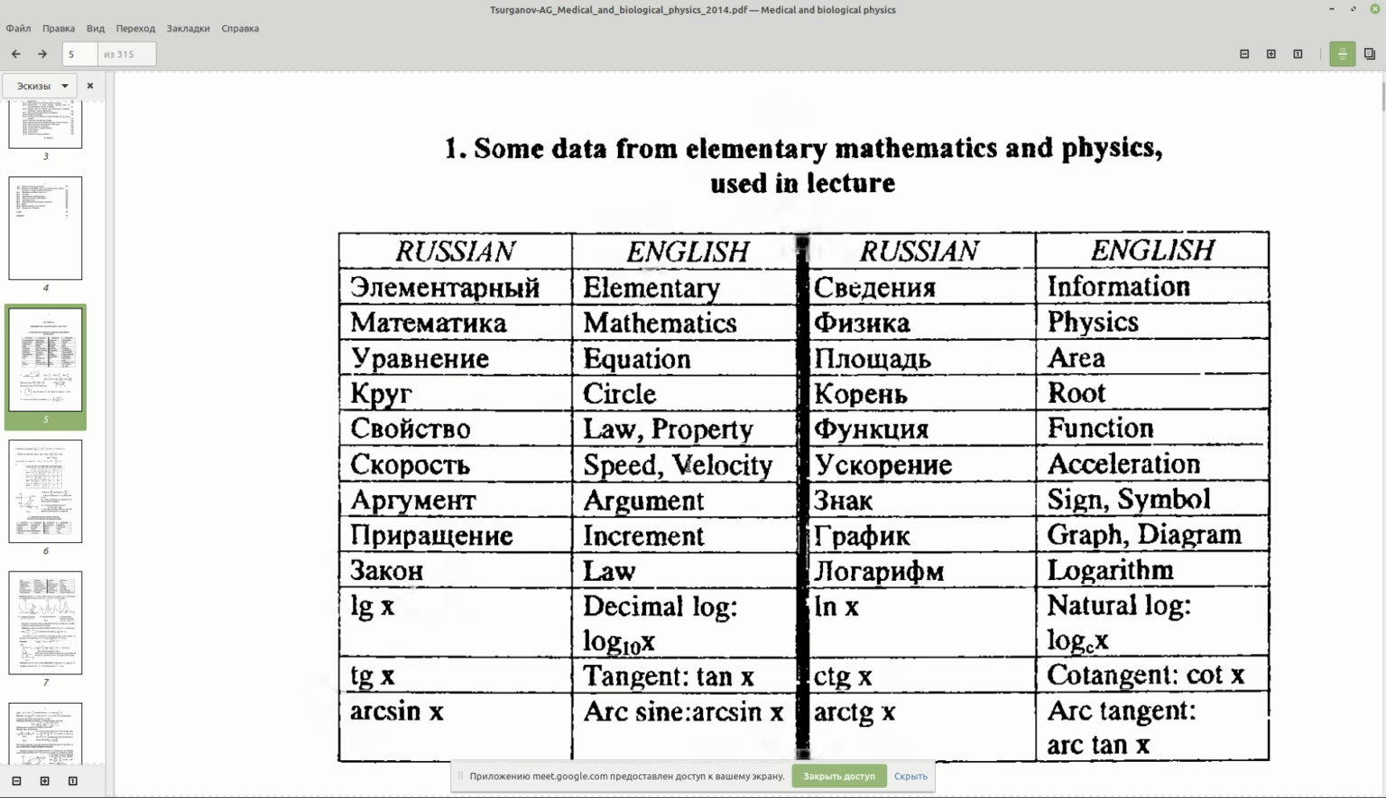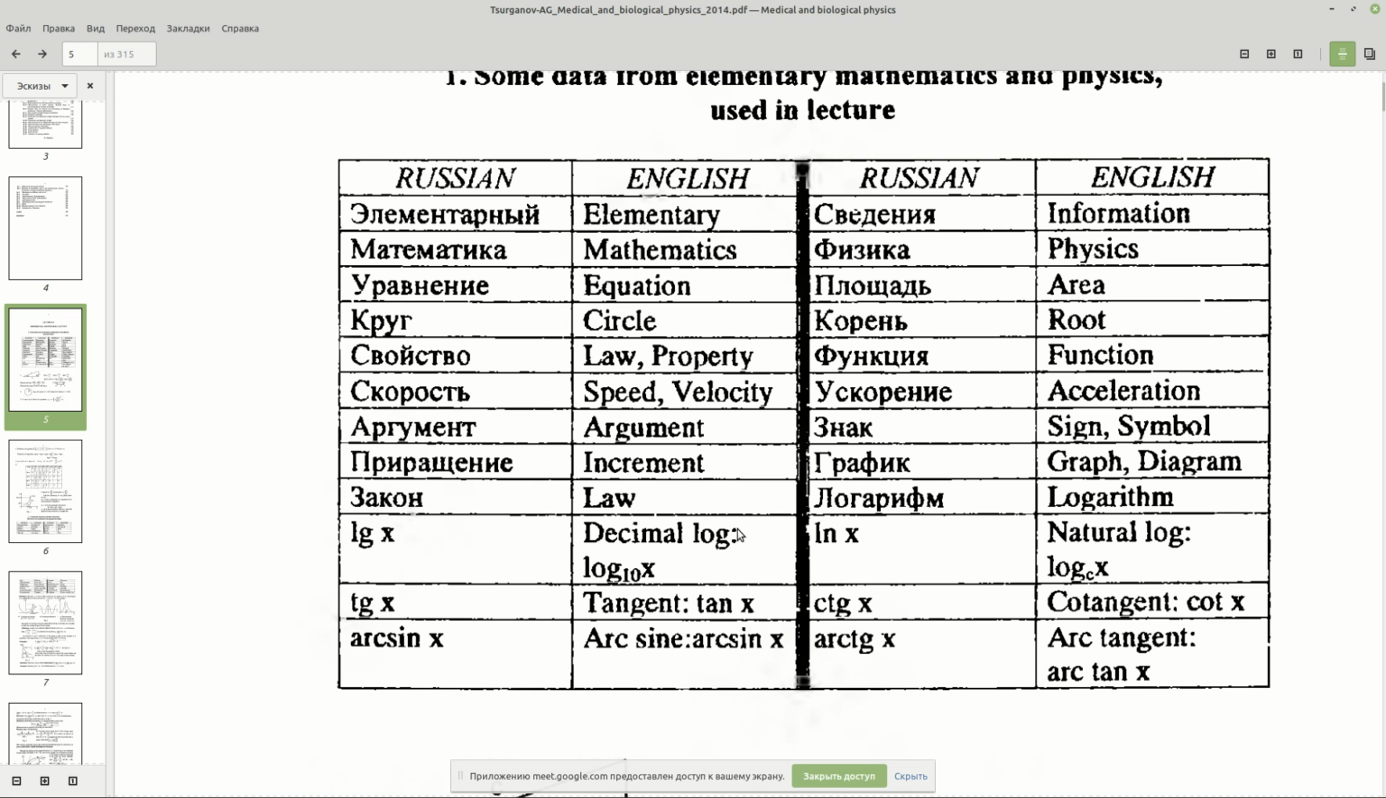logarithm, tangent, arcsine, cotangent, arctangent. Information, physics, area, root, function, acceleration, sign, symbol, graph, diagram, logarithm, natural logarithm, the exponent in the basement, cotangent,